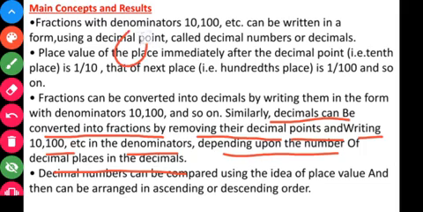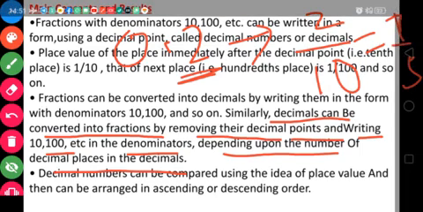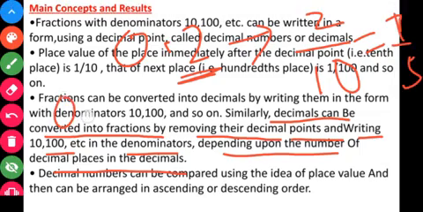For example, it is given 0.2. So how to convert it into a fraction? Here, how many decimal places? One decimal place. So you can write 2 upon 10. Okay. If one decimal place, then we divide by 10. If two decimal places, then we divide by 100, and so on. So write it in the simplest form. So this will be 1 by 5. Okay. Similarly, if 0.25 is given, this can be written as 25 upon 100.